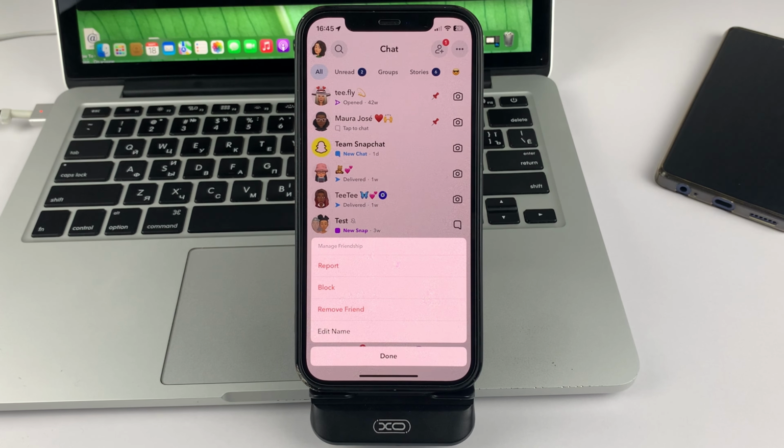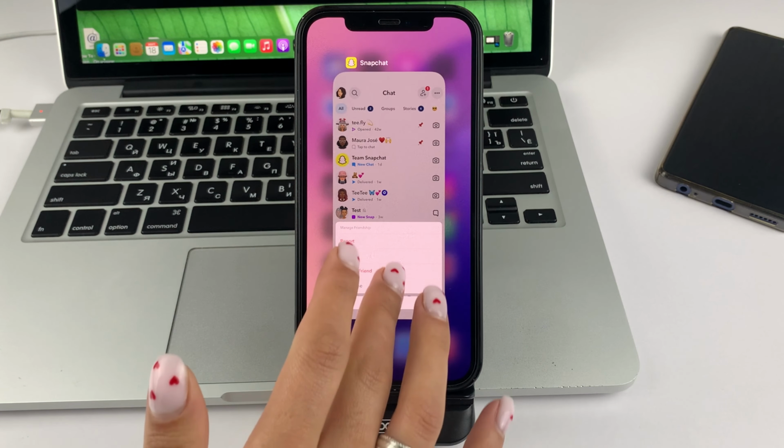If you want to make sure, you can ask someone else from your Snapchat account to find a particular person and try to enable the same option of friendship management. And if he/she has features like delete and block, and you don't, it's a 100% guarantee that someone has blocked you on Snapchat. Dear friends, with these two methods, you can find out if someone has blocked you on Snapchat.